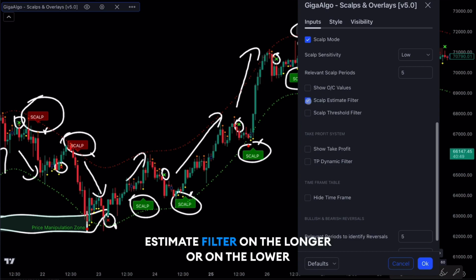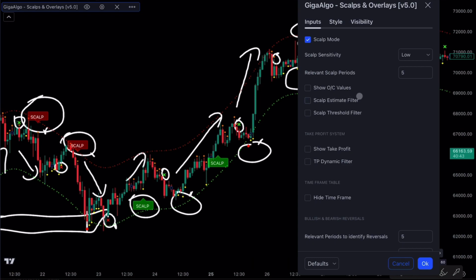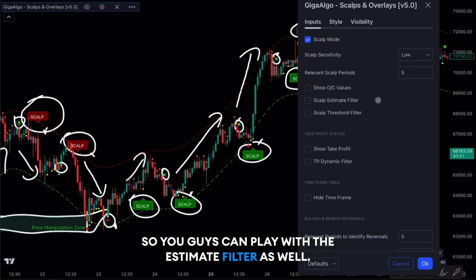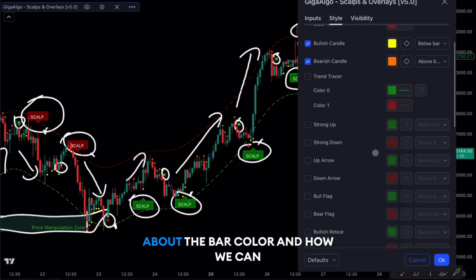By far the best filter is the estimate filter on the higher or the lower time frames. It works amazing. So you guys can play with the estimate filter as well. In the next video, we will talk about the VAR color,